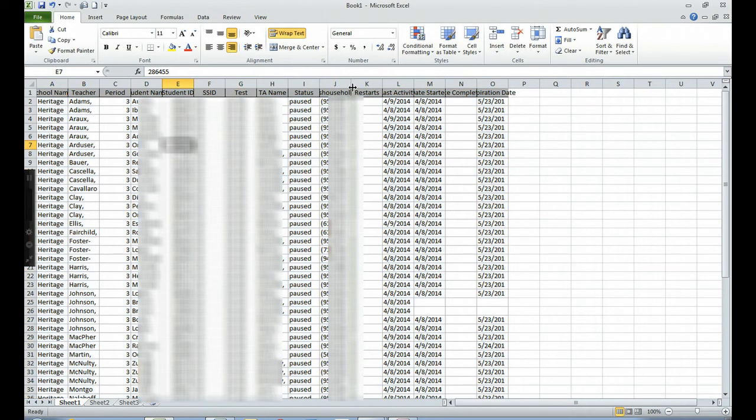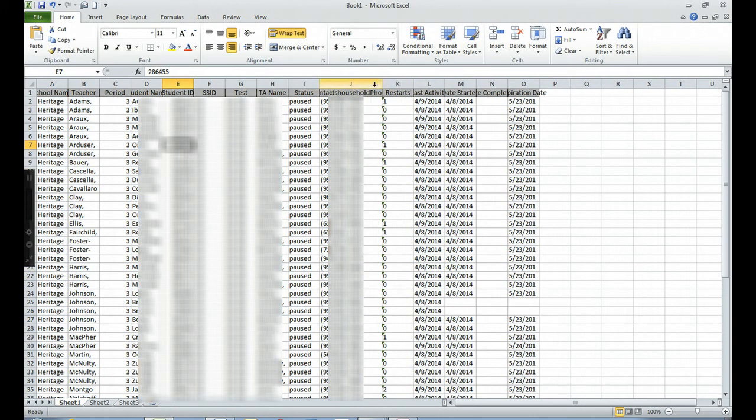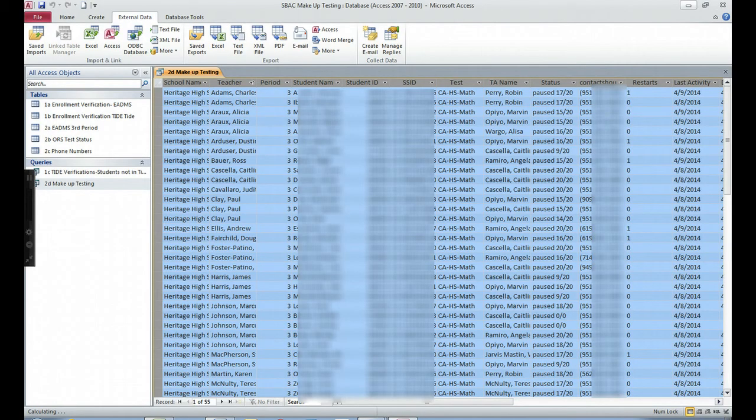Once again, now we can set up phone dialers if we wanted to. We can identify what third period class the teacher's in, and it makes it easier to track down the students and get them tested. So there's a lot of other information we can pull in. I'll probably add the case carrier to this database, and that'll be pulled directly out of SACE. If there's any other information that you need or think